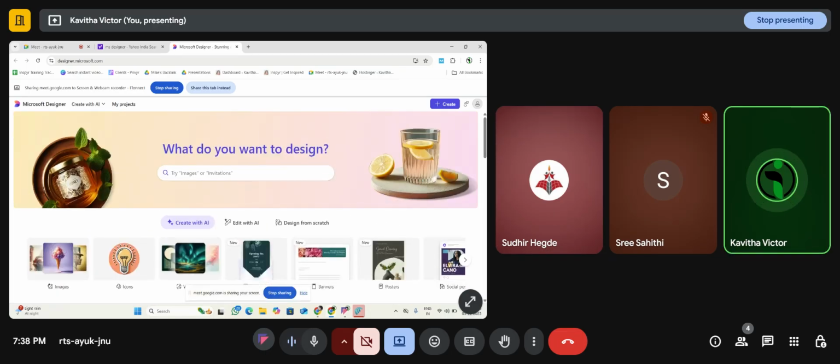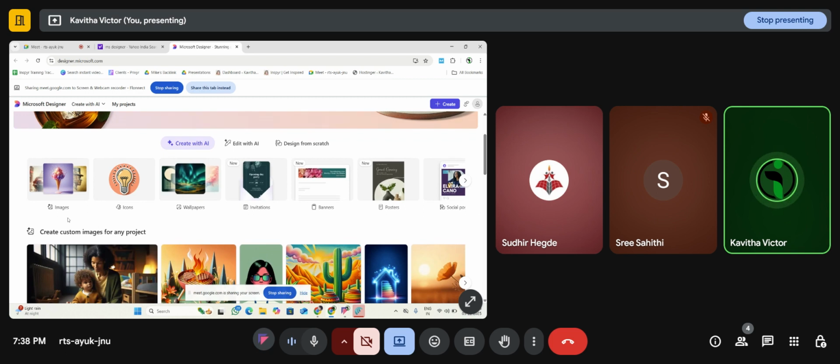So this is the home page of Microsoft Designer. It is just like Canva. So you can generate AI images for free. On the top, you will get to see the option showing how many credits you have for the month. Once I log in, I will be able to show you the credits.